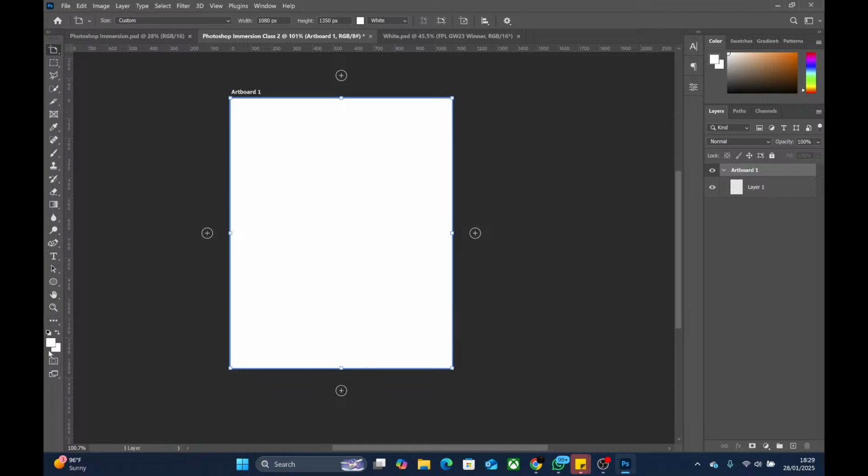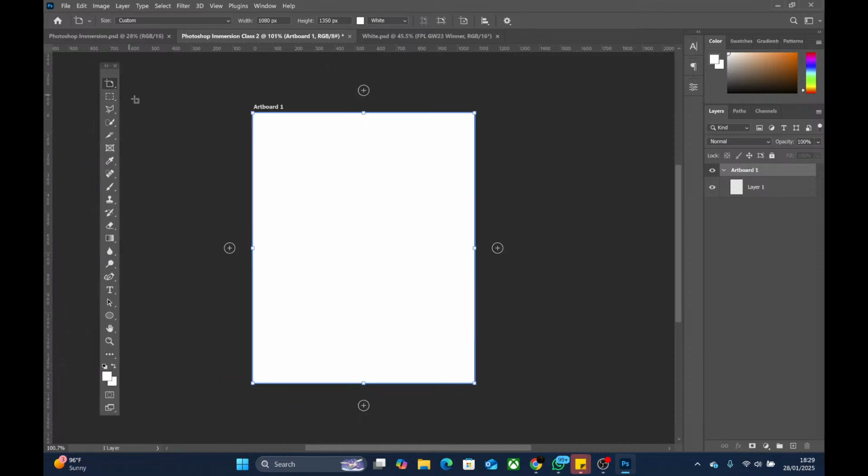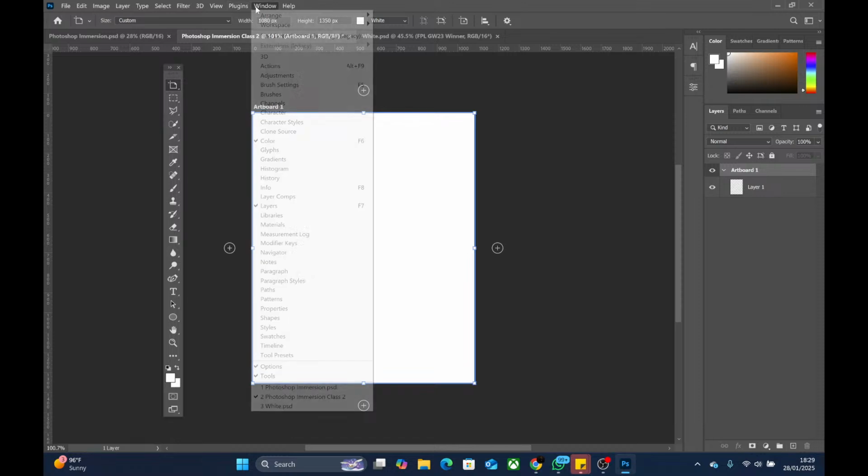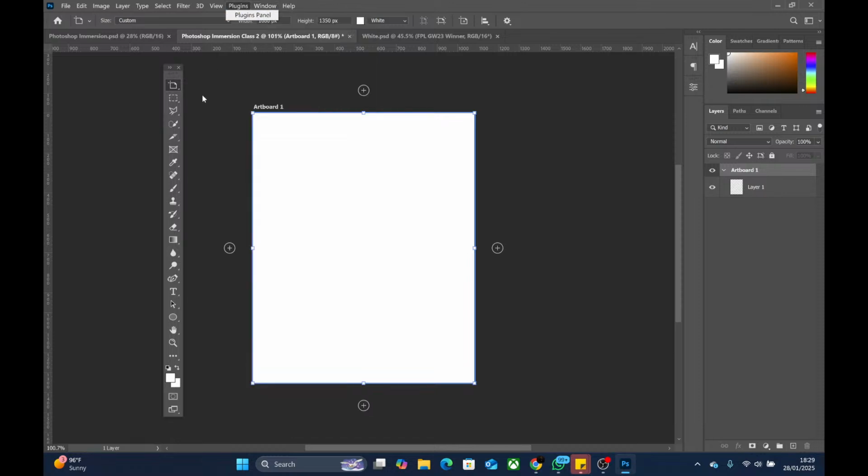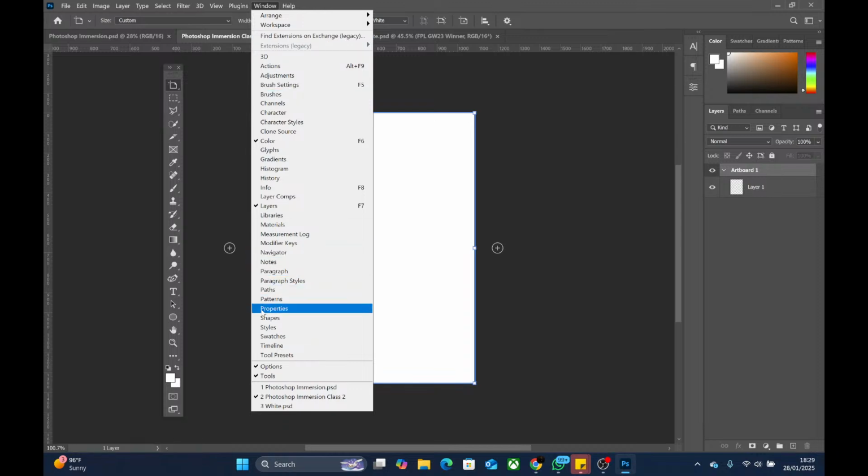Everything here, there are tools that you use. Now if you have watched the videos I shared yesterday, you know that you can move this out, you can expand it. You can expand it this way by clicking these arrows. You can collapse everything. Now this is your toolbox. These are the tools that you'll be using. Now if you look down here under this window, you see tools. It is checked. As long as it is checked, it will be present on your screen.